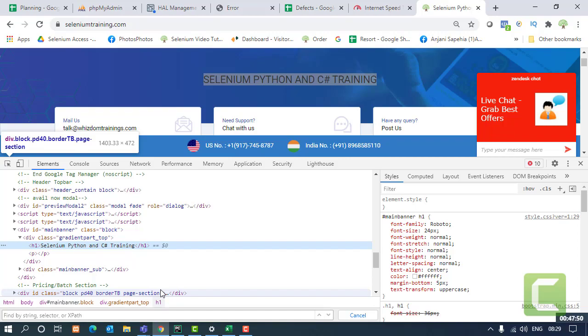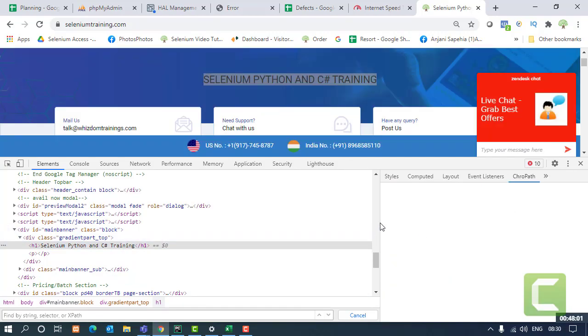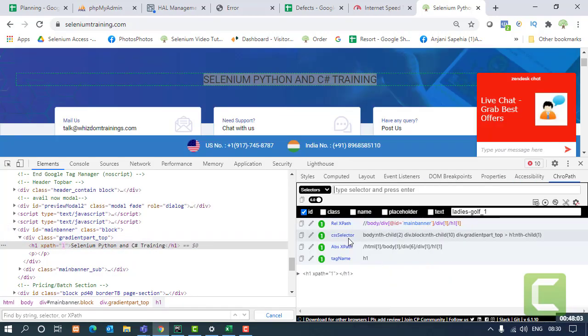For more accuracy, to find the closest XPath to be used, we have one more tool on Chrome, that is ChroPath. ChroPath takes in all the attributes. It has ID, name, class, all those you can get, and according to that only it will give you the partial XPath and the absolute XPath.